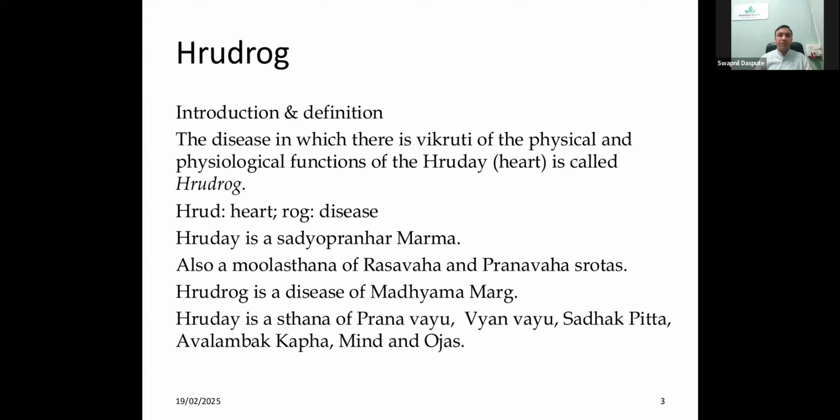And ojas, the location of ojas is hriday. So when there is abnormality or rudrog, you will see abnormality in functioning of pranavayu, vyanavayu, sadhaka pitta, avalambaka kapha. The mind is disturbed, and ojas also gets disturbed. Hence,